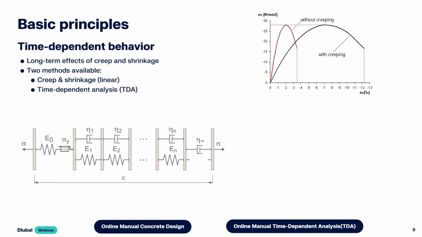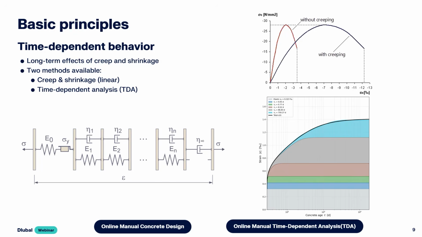An even more precise approach is possible using the time-dependent analysis add-on, TDA. For this, the rheological model shown below is implemented, using Kelvin chain elements. To illustrate this, I have plotted here the strain of the concrete over time, with color coding for the different contributions of the elements shown on the left side. First, there is an instantaneous deformation. In this case, it's a purely elastic deformation, which stays constant over time as long as there are no load